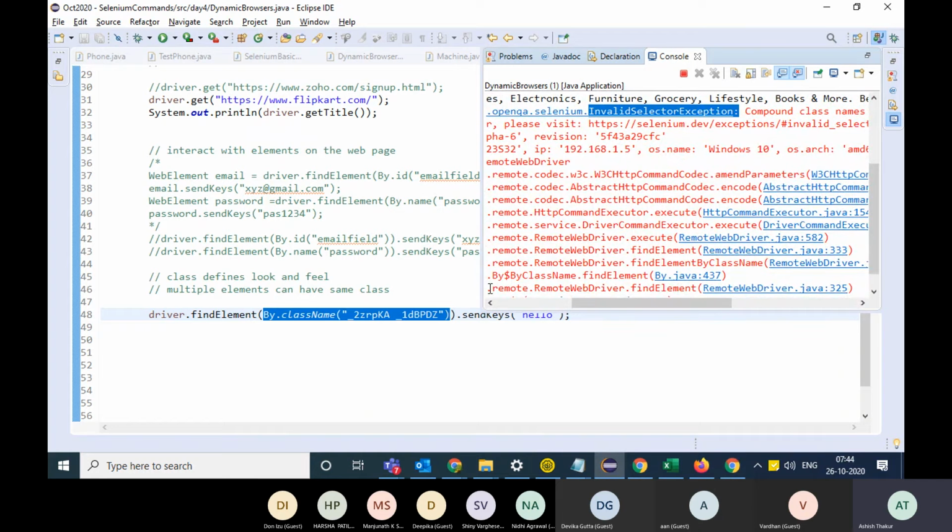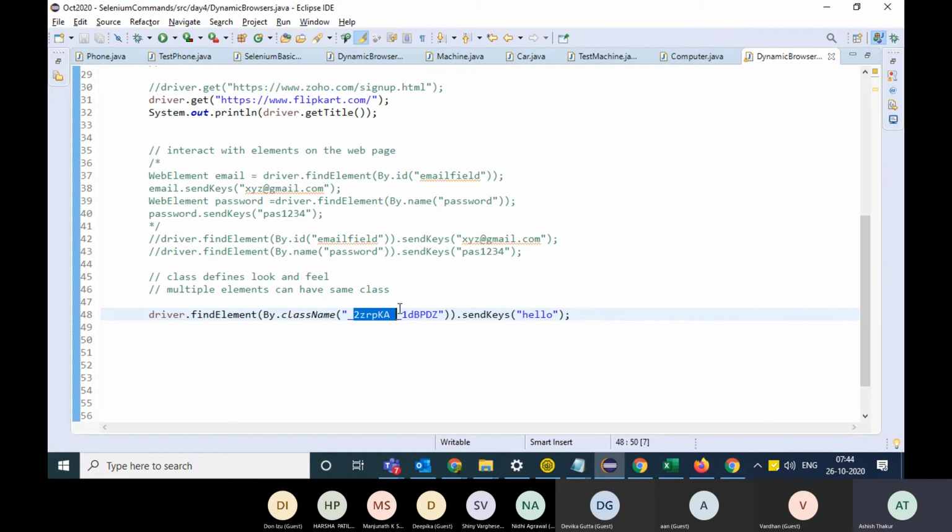Basically, invalid selector exception means that this is not a valid class name. Look, you are saying identify the element with this particular class name, but there are two different classes over here. So Selenium will not identify this. Had there been no space, just one class name continuously, Selenium would have identified it if it was unique.